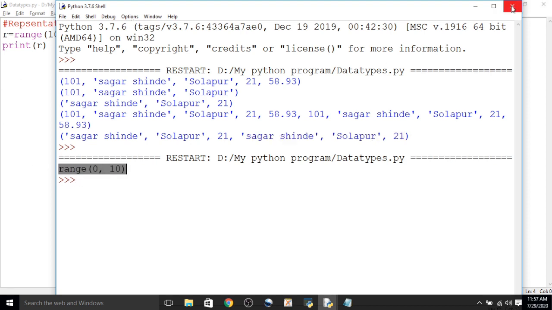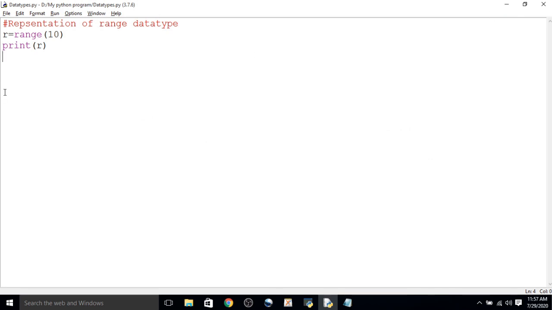But mostly the r object holds the numbers from 0 to 9, because we have taken 10. If you take 11, it will take numbers from 0 to 10. If you take 12, r contains numbers from 0 to 11.